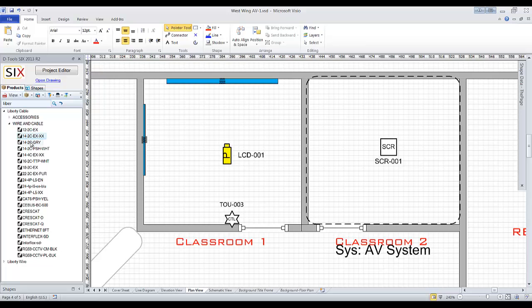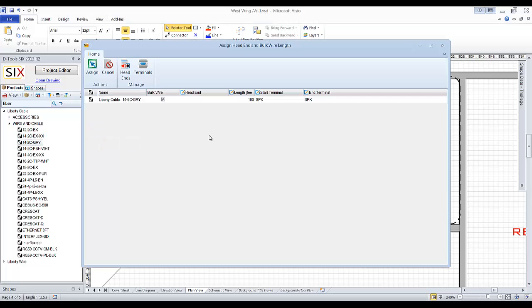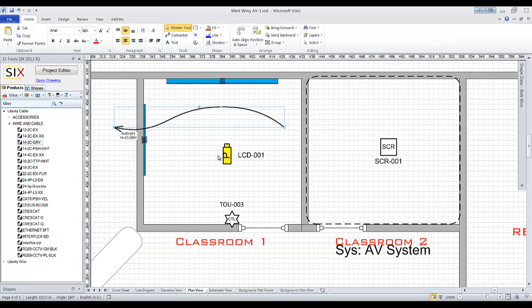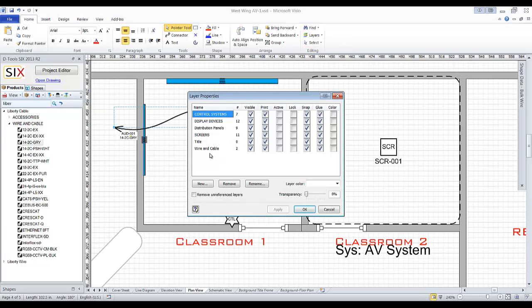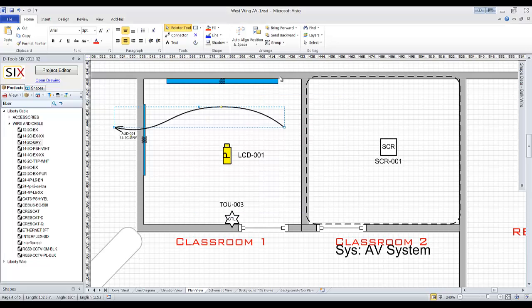Pull out one of these here, pull it in, it drops. Let me just hit assign here. This was assigned to the wire and cable layer. There's a setting now that you can change to use the subcategory as the layer name. So you can have audio wires drop on the audio layer automatically, so you don't have to go reassign them,